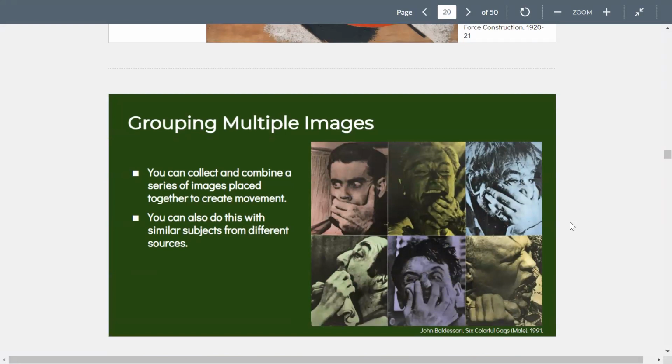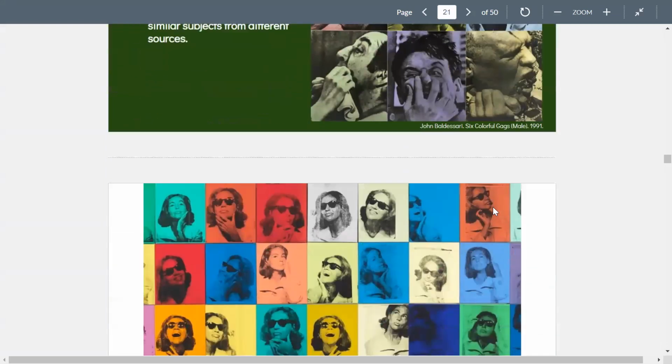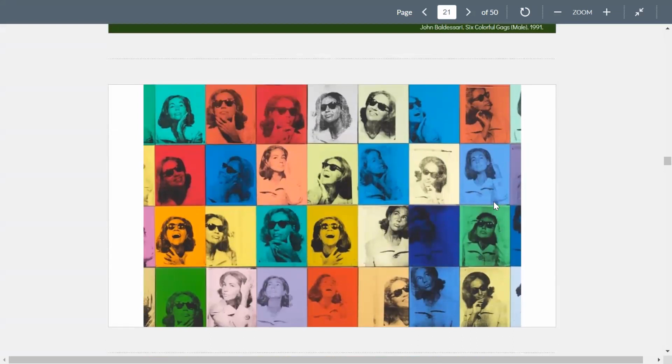Another way of showing the illusion of motion is using multiple images of the same situation but with a different figure. This is how it has been achieved here. See, in every image you won't see the same person, but the situation is the same. This is actually the same figure using a different